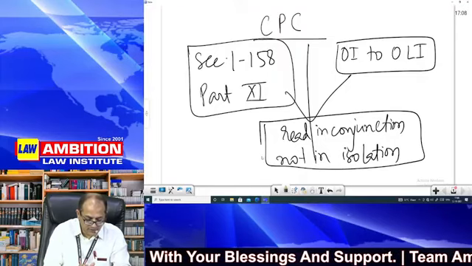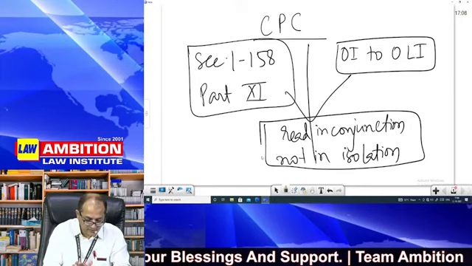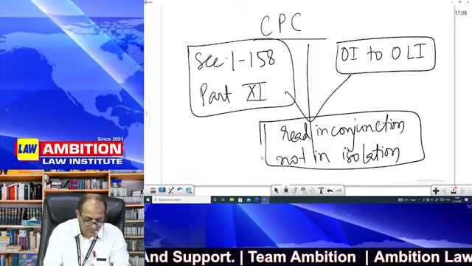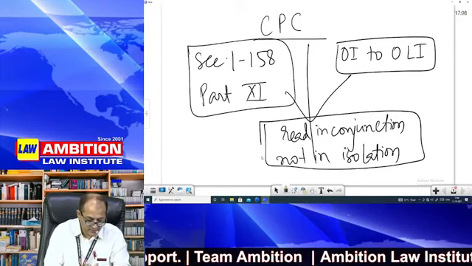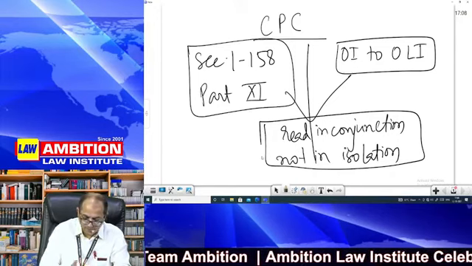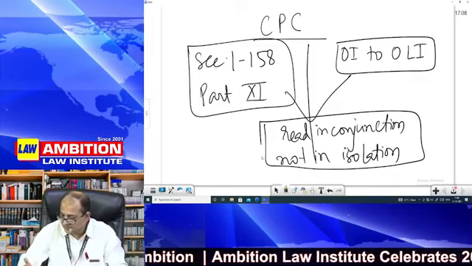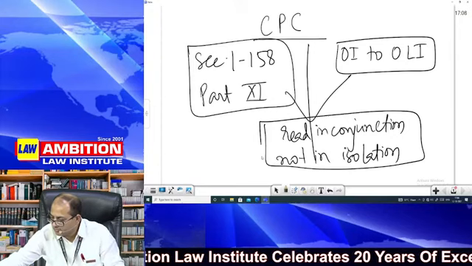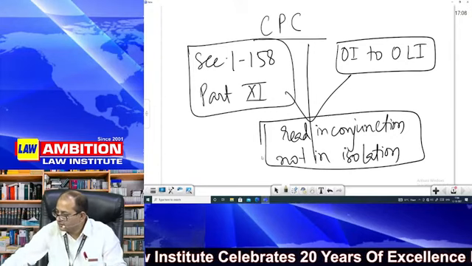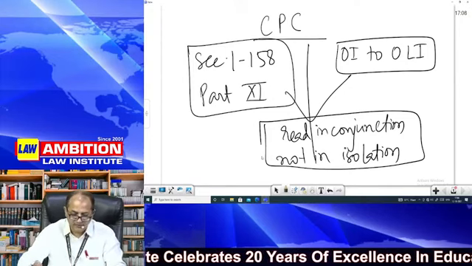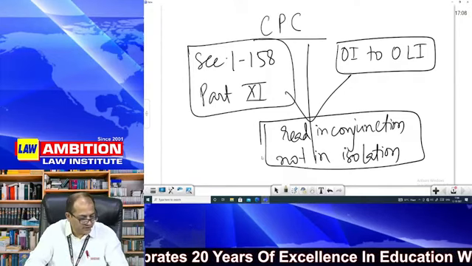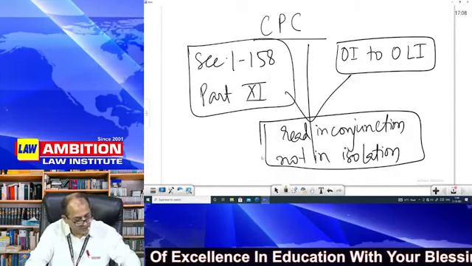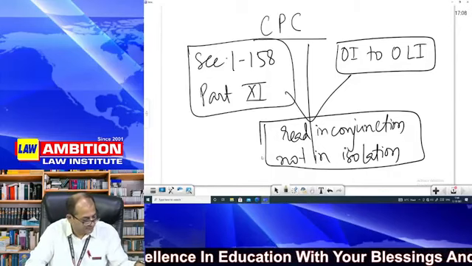Okay, so we read yesterday how these sections and orders have to be read along with each other, and I hope that you have ultimate clarity on the point that these sections and orders are not required to be read separately, rather they are required to be read conjointly. Not in disjunction, but in conjunction.